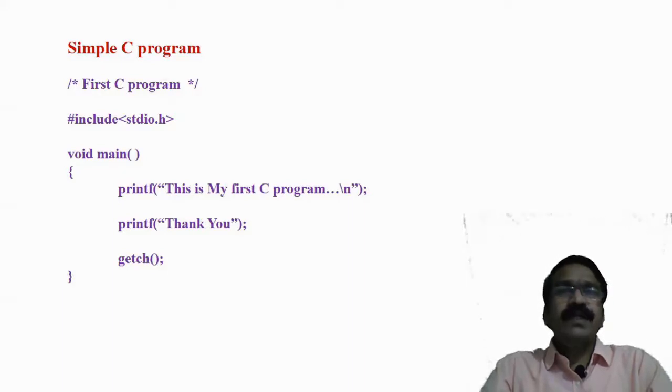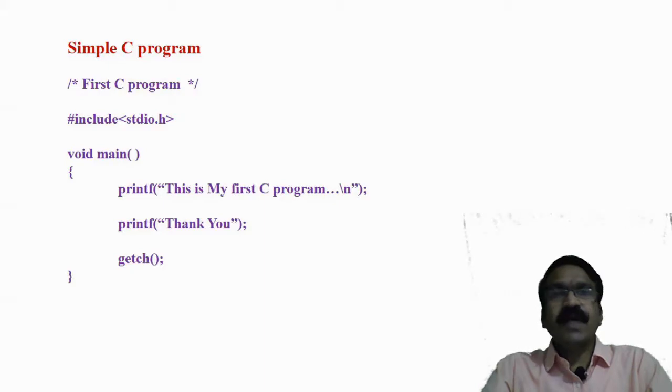The printf statement displays the statement enclosed in double quotation marks as it is on the output device. Whatever output device is there, on that it will display the result. This is my first C program. Here I use the \n. That is a new line operator that we will see in detail in the next period.